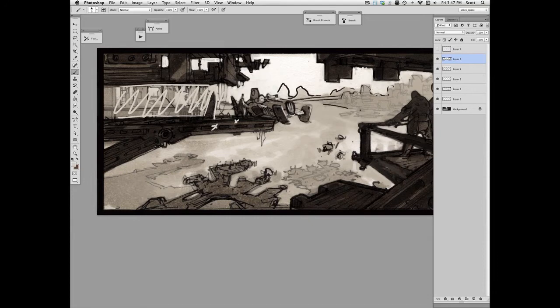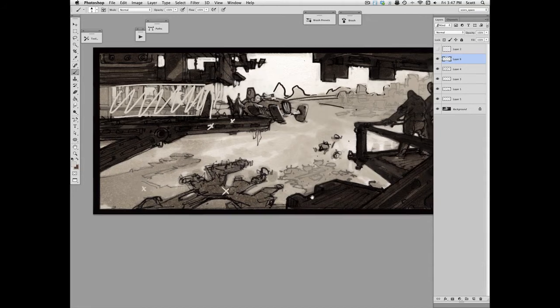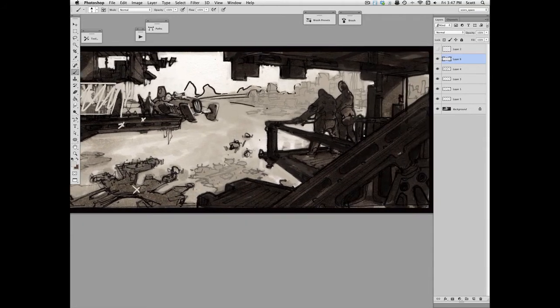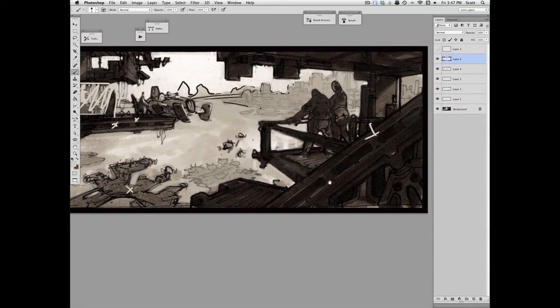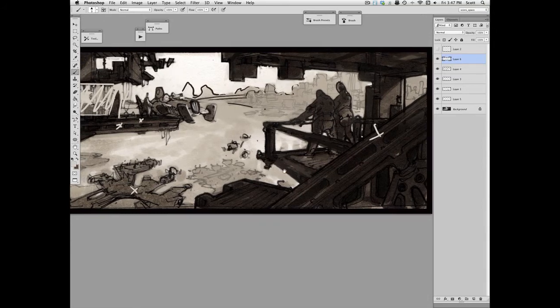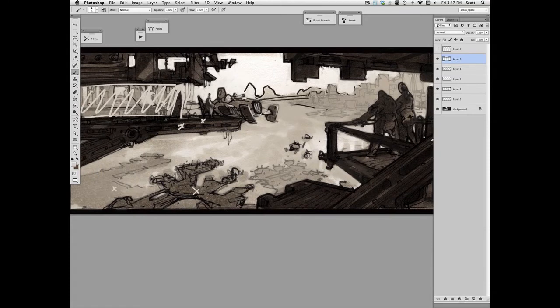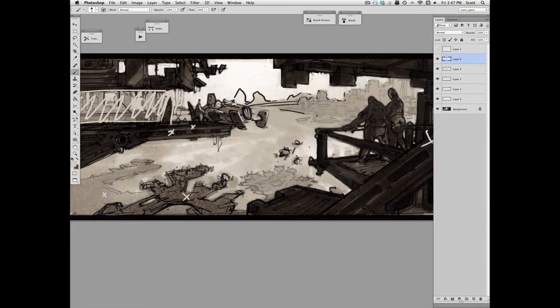And then this is closer to us than this one, right, which is down below, and then this one's even further away. And then these guys are even closer, and so this gets the darkest values. And then if I was to finish rendering this, I'd also bring in some of the brightest brights in here, so let the sun shine through, pick up a couple little highlights here and there. Definitely on the ship and this character, those will be my focal point, and that's where I would really get the brightest brights, the reflections of the sun on